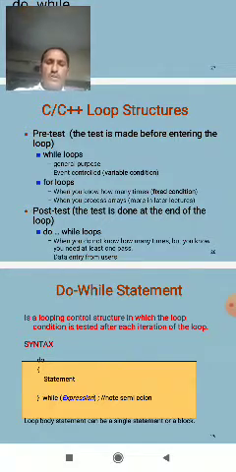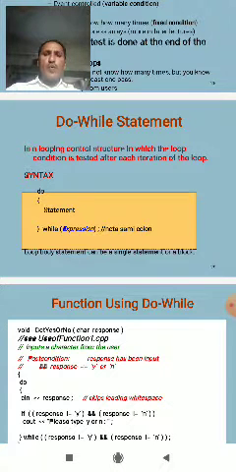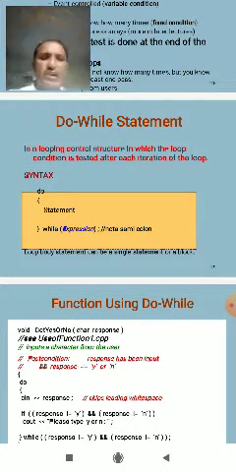So the while loop is a looping control structure in which the loop condition is tested before each iteration, and then the loop statements are executed.